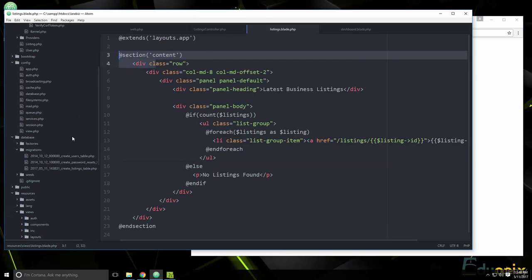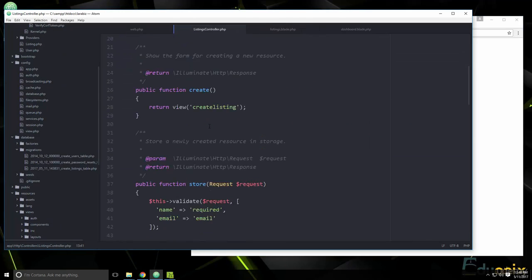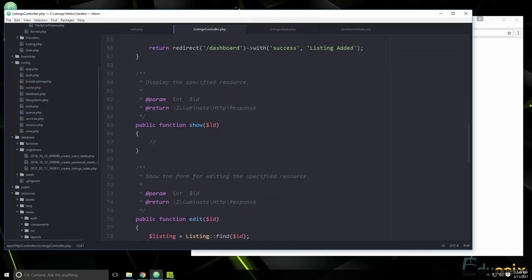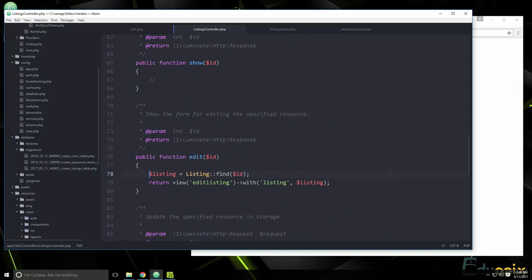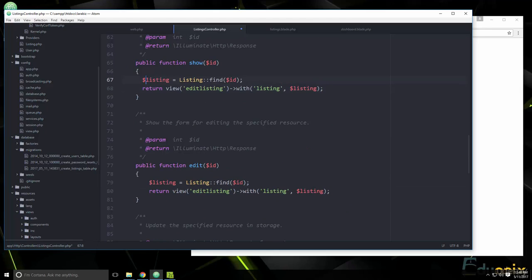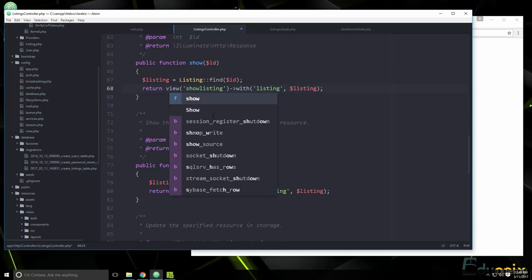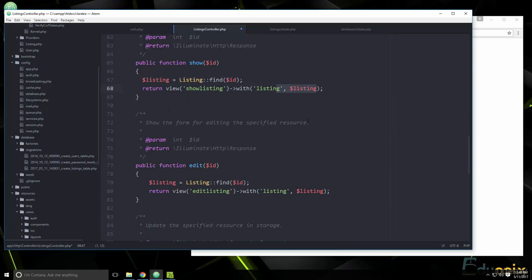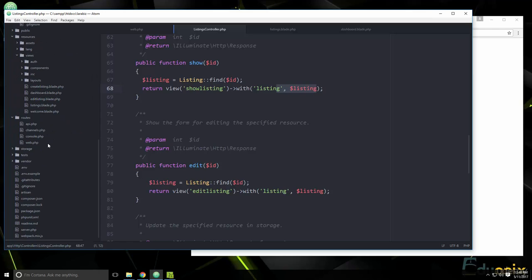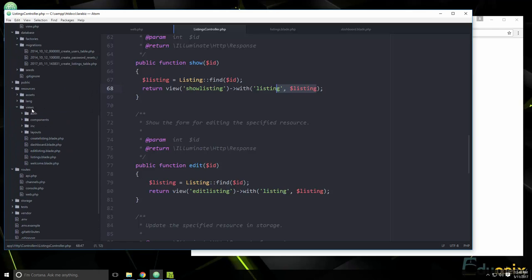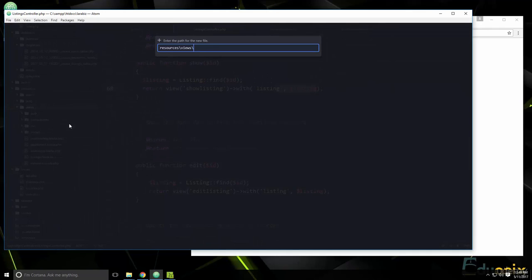So let's go back to the listings controller, go down to show, and we're basically doing the same thing we did in the edit. Okay, so let's copy that, and we're getting the listing, and then we're going to return a template called show listing and pass along the listing. So let's save that. We'll go down to views and create one more file here called show listing